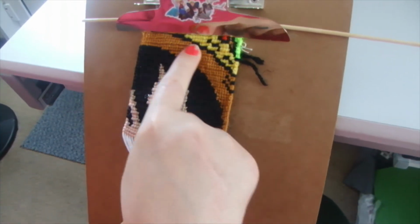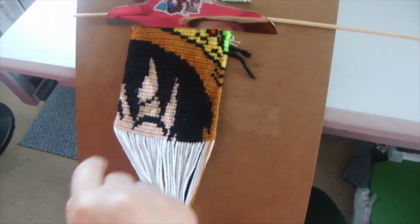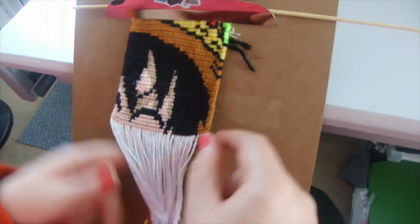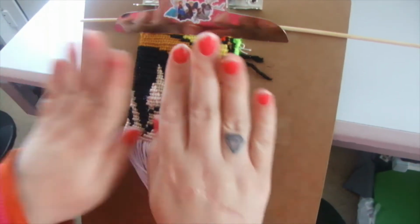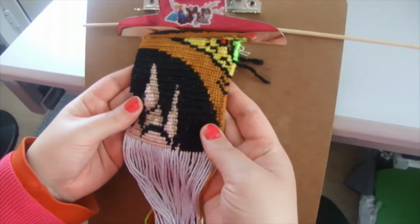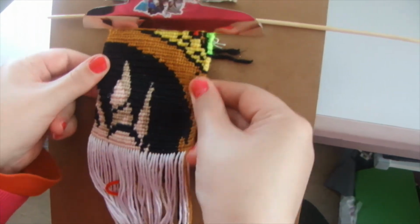as you can see, there's a lot of drawing here. This pattern has a lot of contrast, a lot of shading, and a lot of drawing. As you can see, elements like this had to be all drawn by hand in the beginning, before it was turned into a pattern for things like this, for the art of alpha, for the art of knotting, which we do. So I think whoever made this character had a true real talent, because I'm amazed how it looks, and I